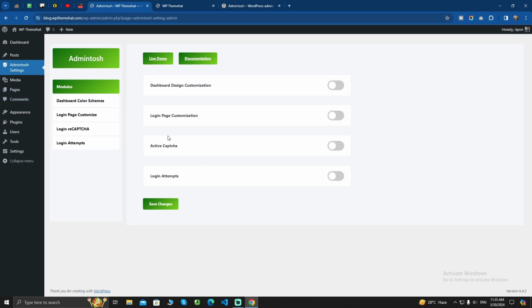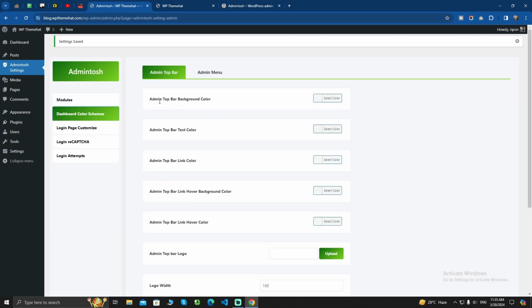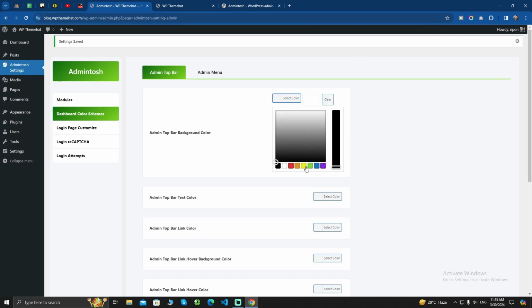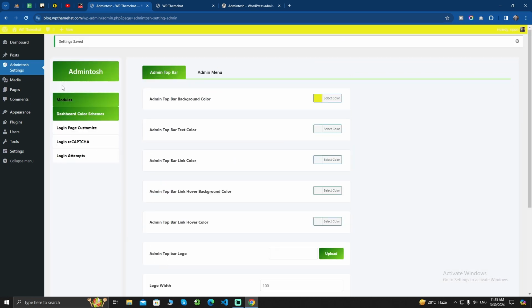Okay, so you can do dashboard design customization. If I click here on the dashboard design customizations, then click on save settings, save changes, then I go here to the dashboard color schemes. So if I click here on the admin top background color, and I change it to yellow and click on save changes, then boom,